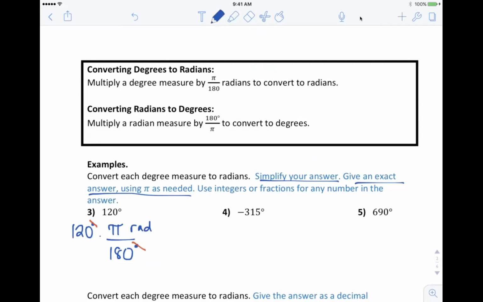Or if you want to use some technology, since I know you already know how to reduce fractions, if you want to save some time, use your calculator for that. Most calculators can reduce fractions, scientific calculators, that is. If I show you the one that I use,